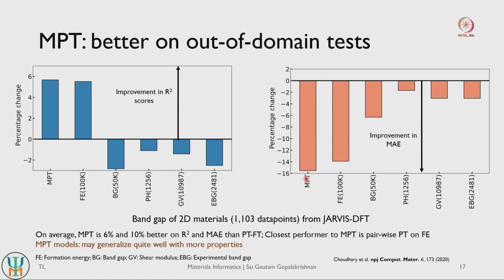With respect to scratch, this is almost a 16% performance improvement, right. The closest performer to our MPT model is the model that was pre-trained only on formation energies, and this is because formation energy constitutes the biggest data set within MPT itself, right. Since this constitutes the biggest data set, the amount of learning you get by pre-training just on formation energy is closest to the amount of learning you get within your MPT model itself, right. But MPT still remains better compared to your formation energy models.